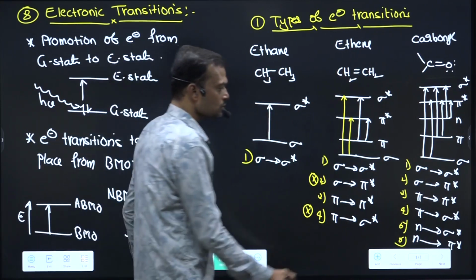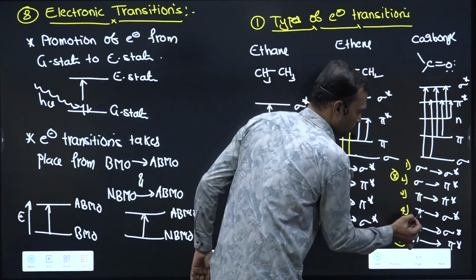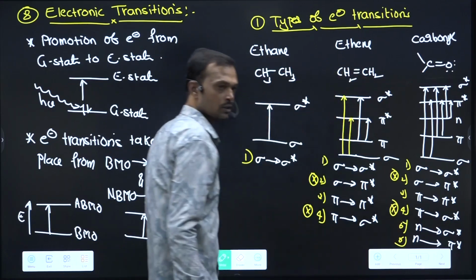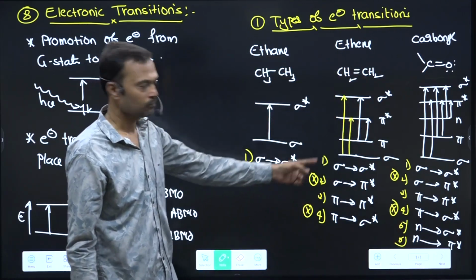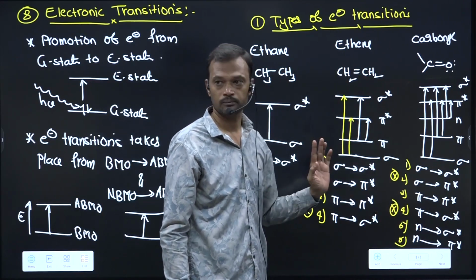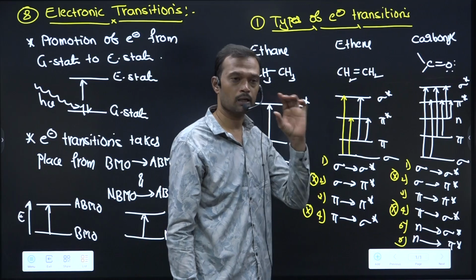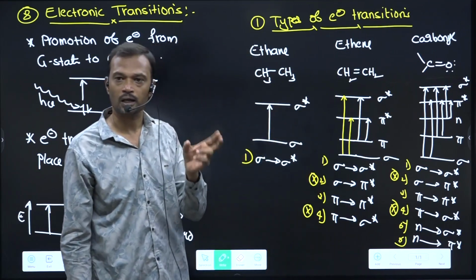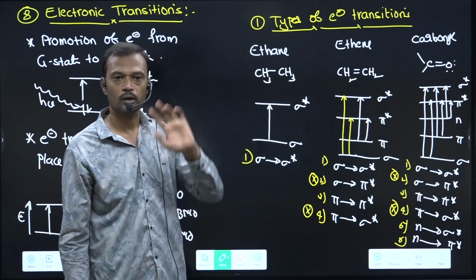Everywhere these 2 transitions are not possible: sigma to pi star, and pi to sigma star. These 2 do not exist. In this only 2 are possible, in this only 4 are possible, because of symmetry. If a higher molecular orbital and a lower molecular orbital have the same symmetry, electronic transition is not